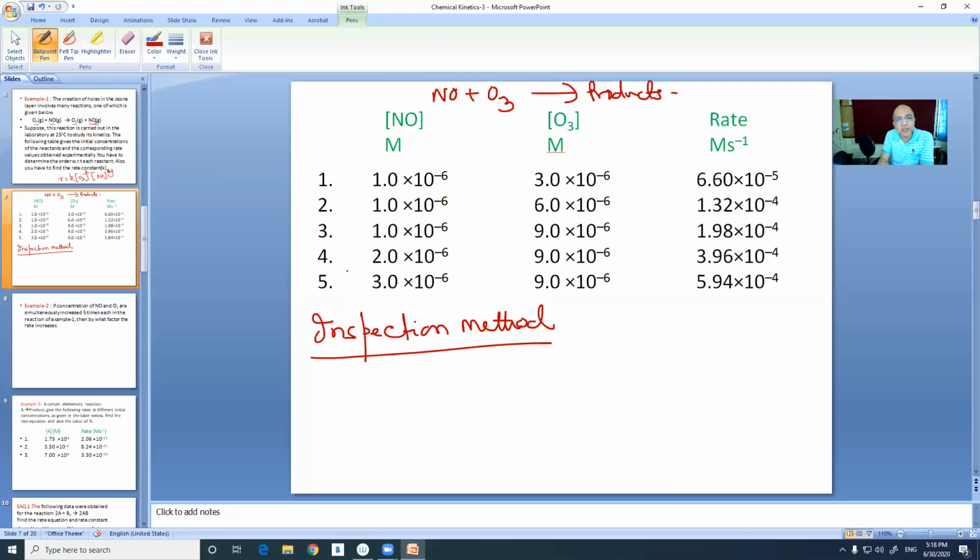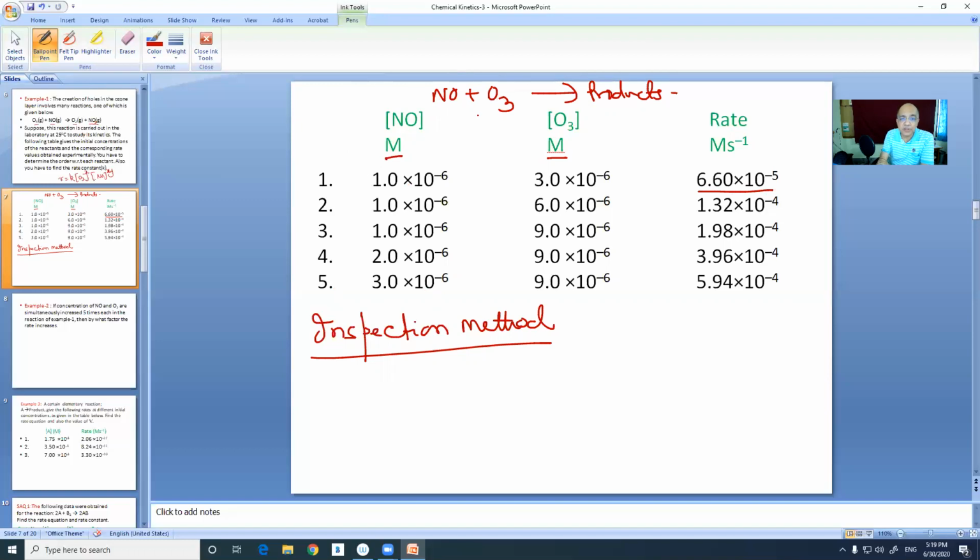You have to presume that only reactant concentrations will come in the rate law, and you have to find out the order with respect to NO and the order with respect to ozone, right? So there are 5 experiments, 5 different rates. These are the rates, in moles per liter per second or molarity per second. And this is the concentration, M is the molarity, of NO and that of